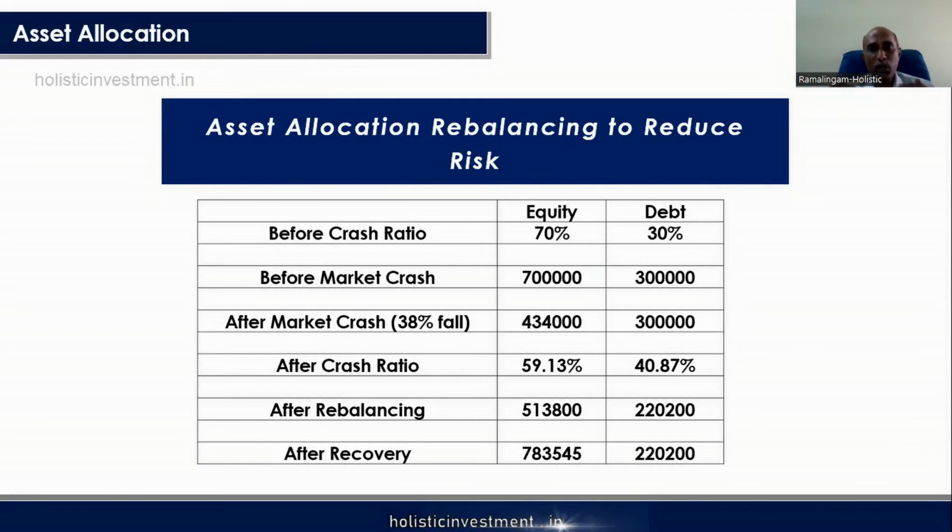If you look at the ratio now, initially it was 70-30. Now, because of the crash, equity has come down. The ratio is 60-40 now. Now, withdraw close to 80,000 rupees from your fixed income and add it to equity. So, when the market is at the bottom, available at a discounted rate, you are investing more money, not the entire money, some portion of that. You are able to have a better average rate. Because of that, your portfolio will be able to recover faster than the portfolio which was not rebalanced.